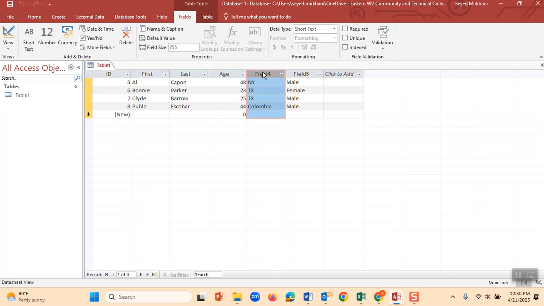The fourth one, I double click here, and that is from which state or country. And then this one, I put male and put a question mark, whether male or female. And here it is. Now, my first table is being created. I wish I could name this table as a table of criminals. It's called table 1. I have to change the name of it from table 1 to